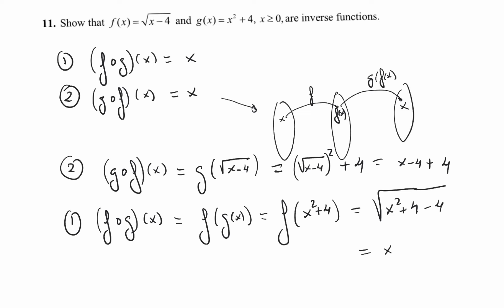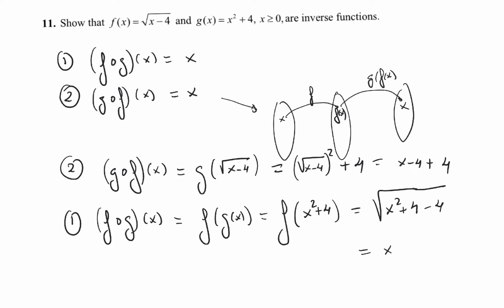And f of something is the square root of something minus 4. So f of x squared plus 4 is the square root of x squared plus 4 minus 4. Oh, this is x. So they look like they are inverse, but to be inverse, we need to check also